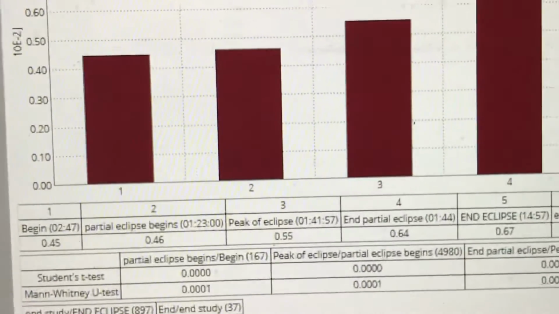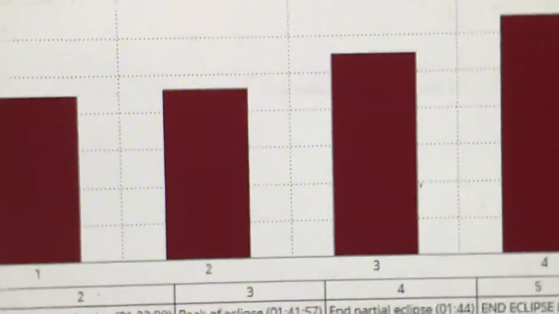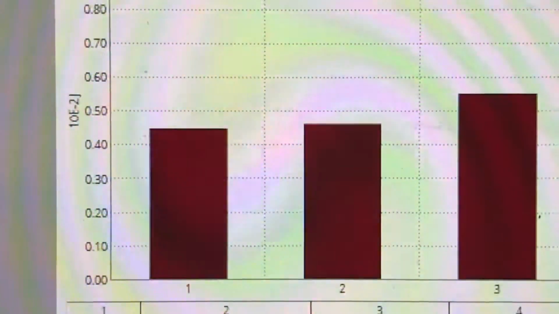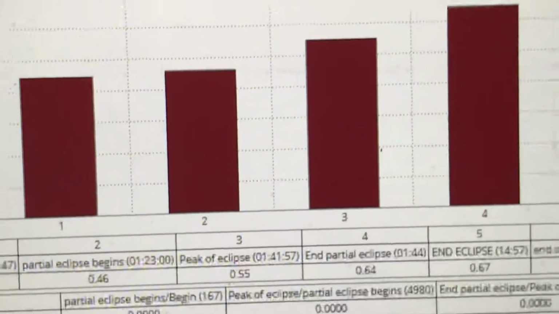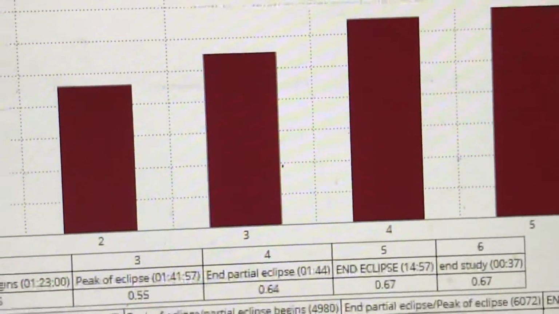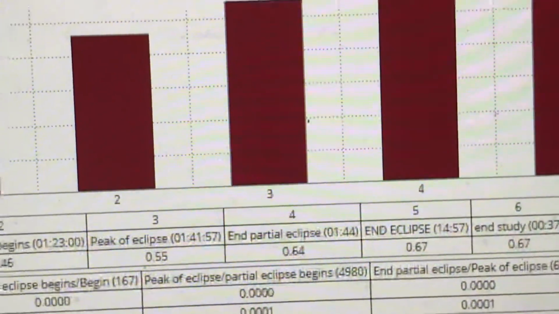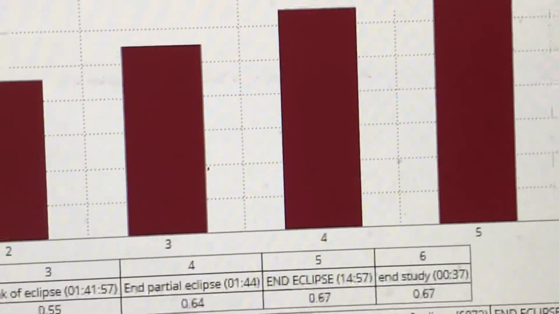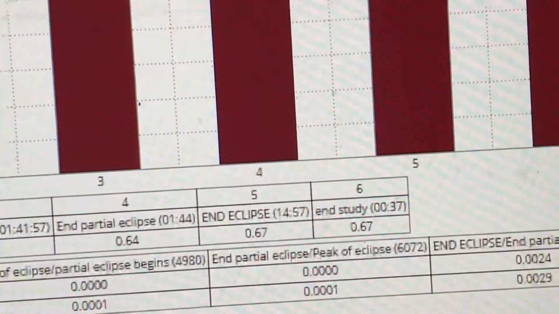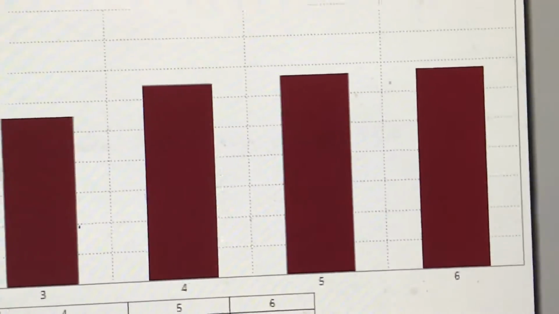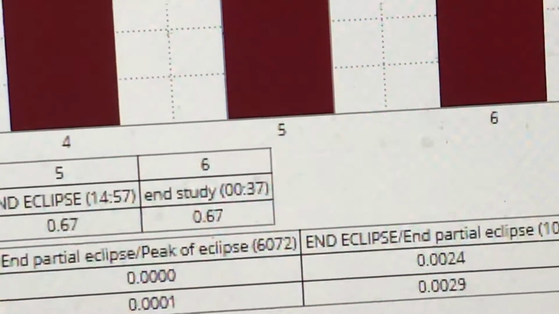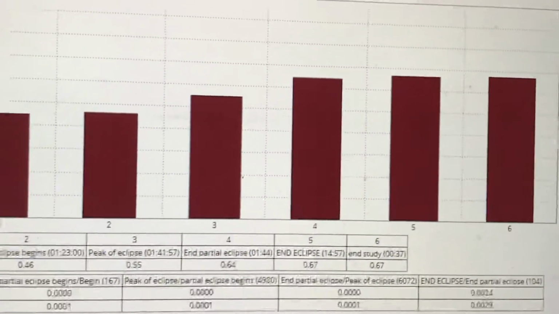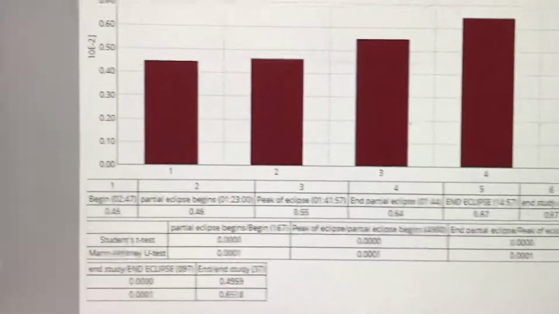So similarly, we can see that the partial eclipse begins, and there's the partial eclipse in terms of energy values. This is in joules, so it's roughly about 0.46 joules. Then we see a gradual increase to the peak of the eclipse, number 3. At peak of the eclipse, it is roughly 0.64. At the end of the eclipse, it is 0.67. So there also we see that there's a gradual increase in the activity of